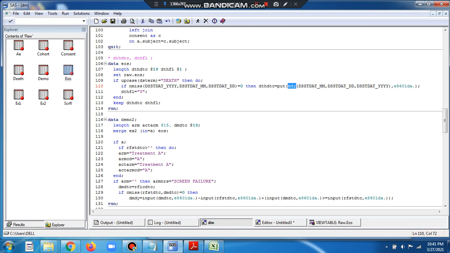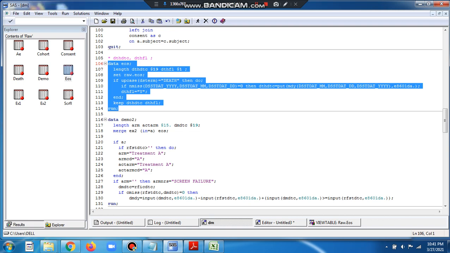MDY is month, day, year format, and then I compute it and format it, and convert it into a character value in ISO 8601 format. And if a patient has a death date, the value of death date is set, and we'll also have a death flag. So this is how we create the death DTC and death flag. It's just a very simple derivation.